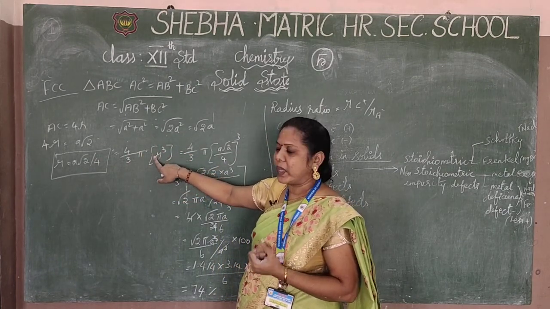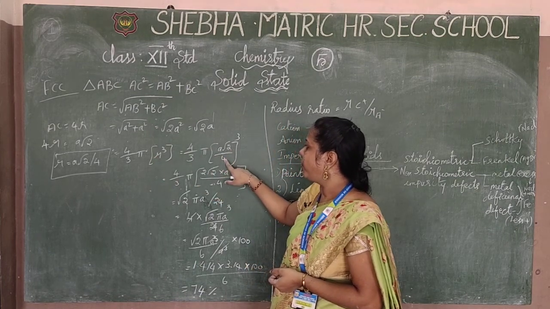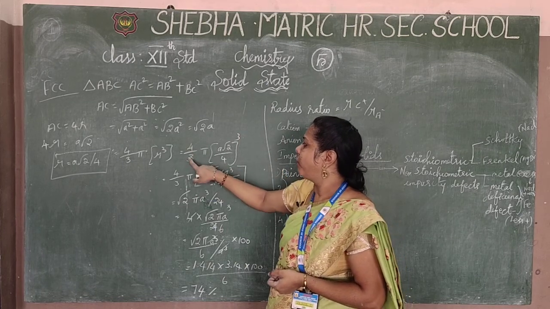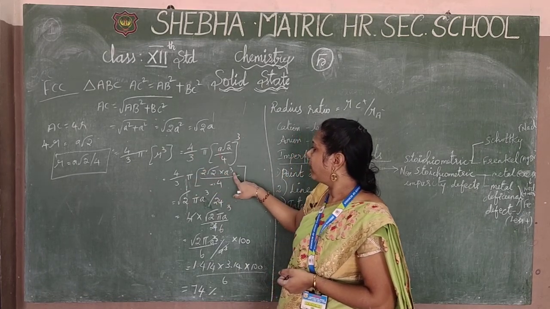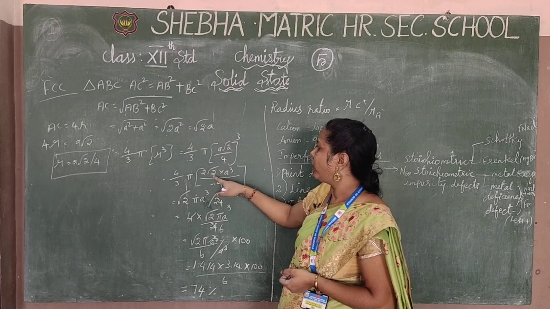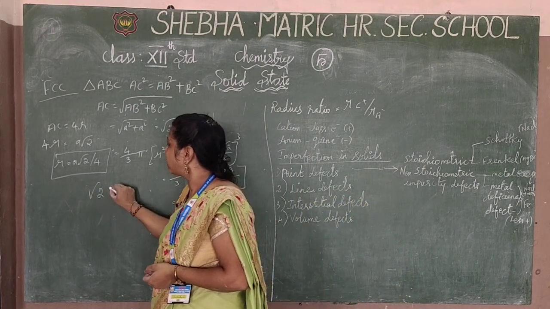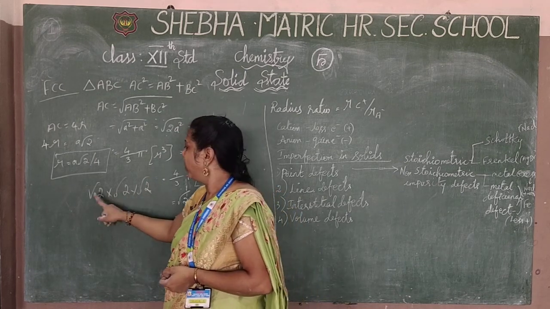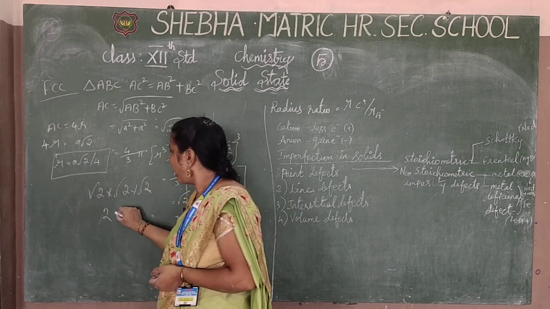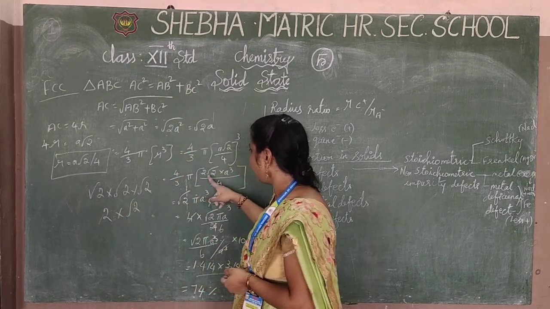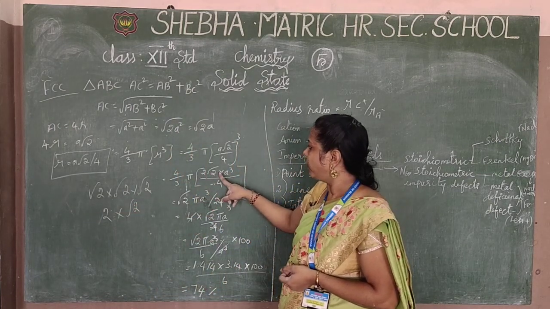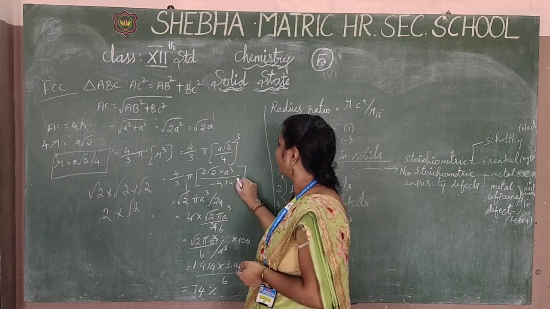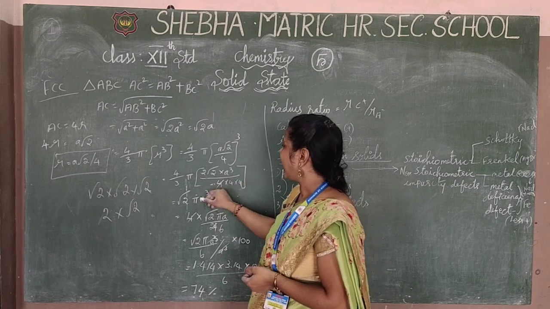This is the volume of the sphere formula. So a root 2 by 4 is the value of r, the whole cube, in 4 by 3 pi r cube. Root 2 into root 2 into root 2, 3 times root 2 is there, no? 3 times root 2, we can get 2 root 2, and 1 root 2 remaining. That is the value. So 2 root 2 into a cube by 4, where 4 means 4 into 4 into 4. Okay, so you have to cancel it.